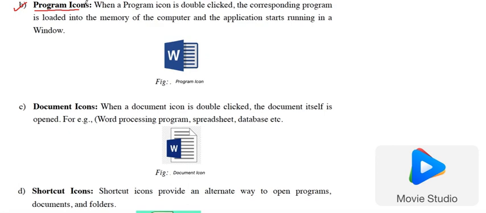So what are program icons? When a program icon is double clicked, the corresponding program is loaded into the main memory of the computer, and the application starts running in a window or in a frame. This is the representation of a program icon. It represents the program called MS Word.